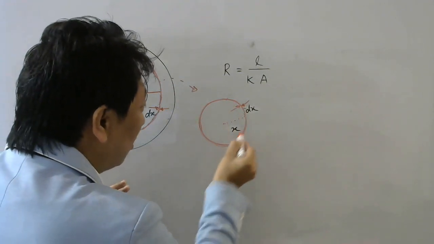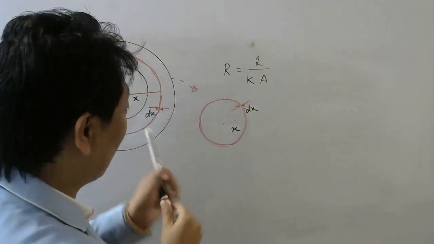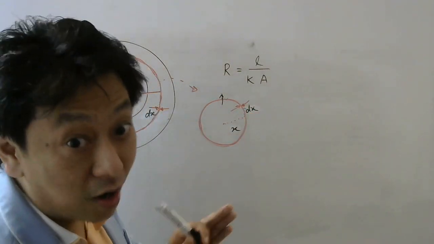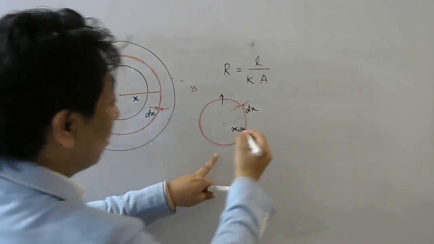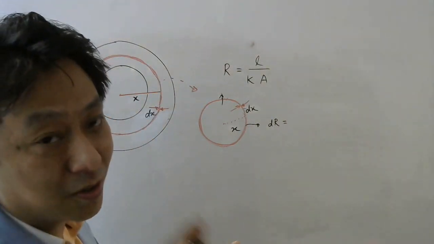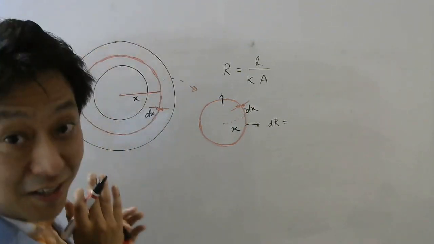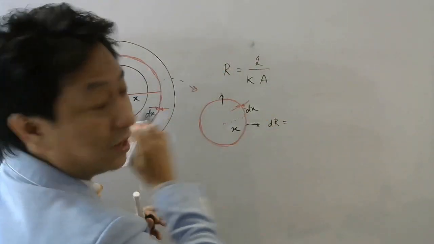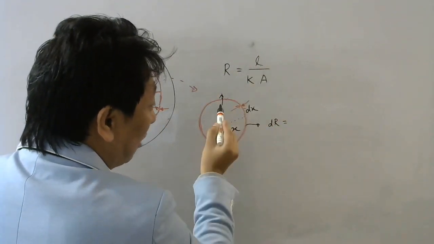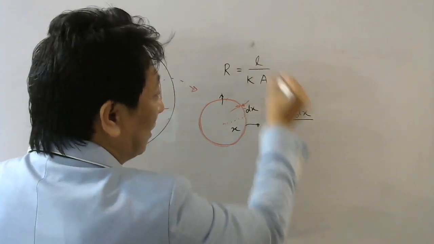But if you take a small thin shell in this material whose radius is x and thickness is dx, then as heat comes out from here to here, you can assume the area is constant for this shell, right? So for this shell, let us write the resistance as dr. Why dr? Because it is a small resistance, because this is only a small part of this conductor, isn't it? So for this resistance, I can use this formula. L is the length through which the heat is coming out, and that length along the flow of heat is dx. Correct? So this length L is dx.